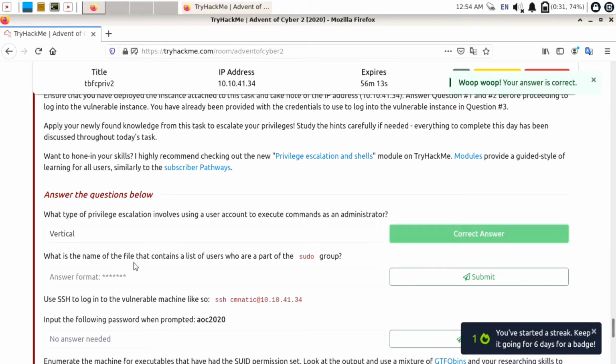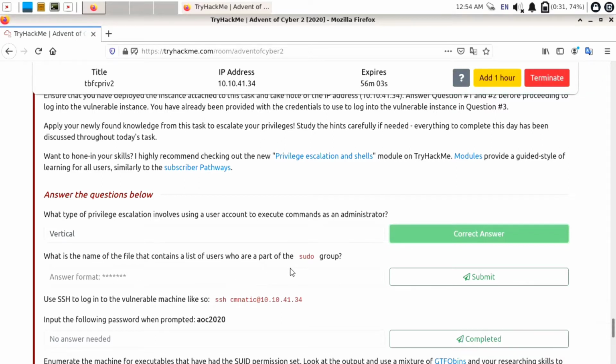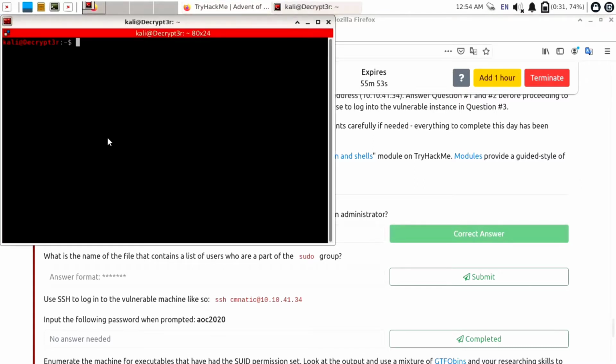Now, what is the name of the file that contains a list of users who are part of the sudo group? We need to find a file which contains users who have sudo permission, like we can run any command with sudo as a root user. So I will just start Terminator. It is the sudoers file and it is in the /etc directory. Just open the terminal and I will display its content by using cat /etc/sudoers.